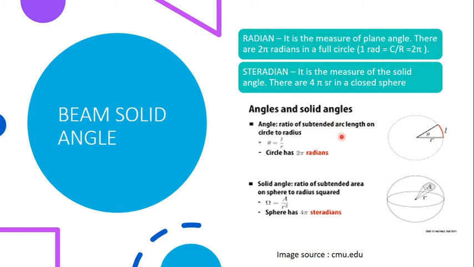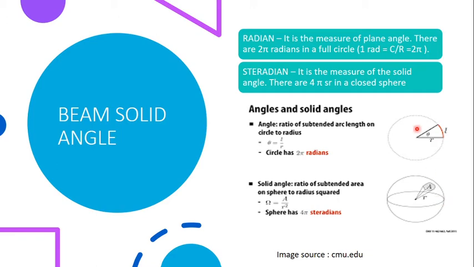This is applicable to two-dimensional structures. But when we consider three-dimensional structures, we talk about solid angles. So it is the ratio of subtended area to the corresponding square of the radius. So if you see the area surrounding an antenna, we imagine it to be in a spherical shape. So the area of a sphere is 4 pi r square divided by the square of the radius, which is r square. So 4 pi r square divided by r square gives us 4 pi steradians.